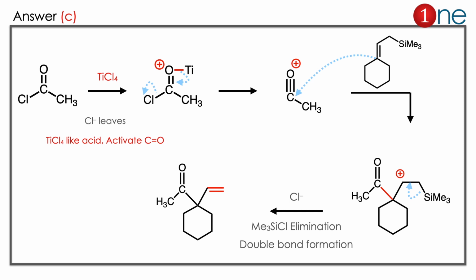The carbocation has to be removed. How can it be removed? The trimethylsilyl group is a good leaving group. You are just heating and the double bond will be formed here. Here you have to learn two things. The role of titanium tetrachloride is the activation. It will be activated for the nucleophilic attack of the double bond. The next important thing is that the trimethylsilyl group is a very good leaving group. It always leaves and stabilizes the system.